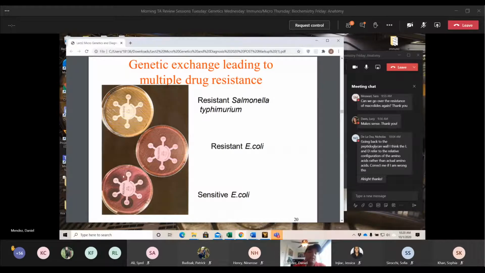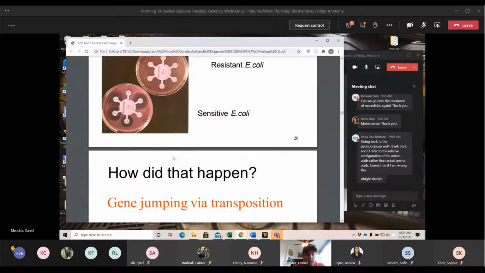So we can see here at the very bottom on this image, we can see these halos around some of these. So that means that E. coli is sensitive to some of these antibiotics. So it is killing. That halo is the death of the bacteria in that area because of that antibiotic. Then over time, that resistance will develop because it's being exposed to it. We'll talk about that a little bit more here.